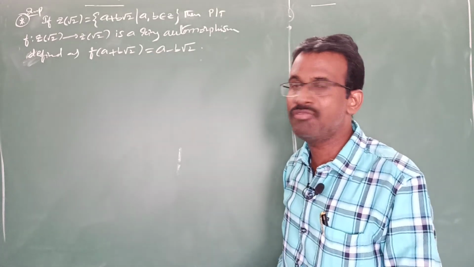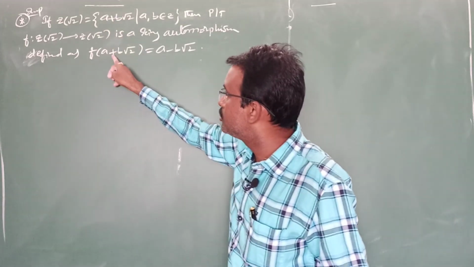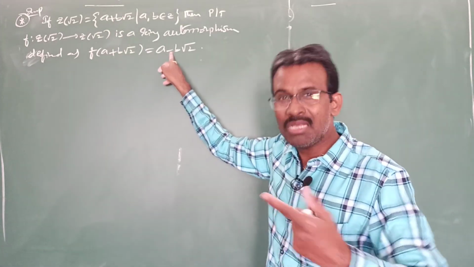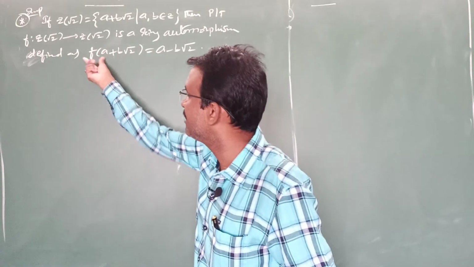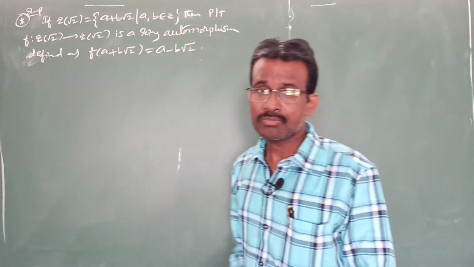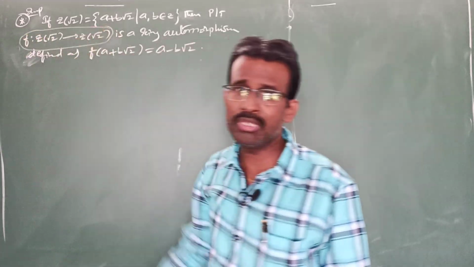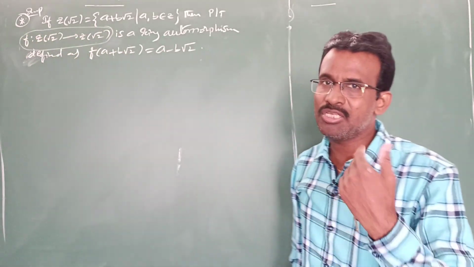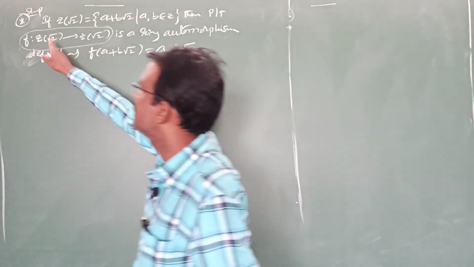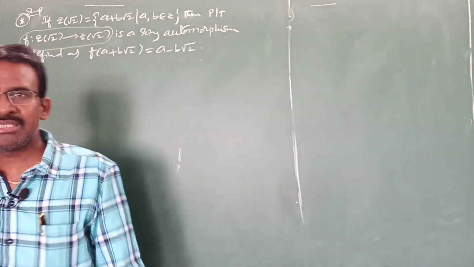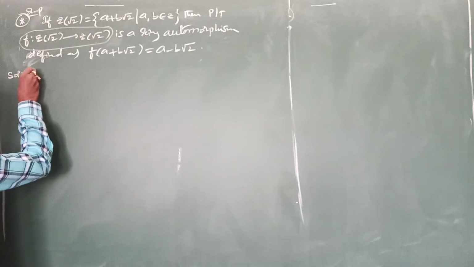What is the given definition? F of a plus b root 2 should equal to what ma? A minus b root 2. Remember that definition ma, right? You have to show this f is automorphism, but here mapping is from Z root 2 to Z root 2 ma. So if we can show f is isomorphism, that is enough. You say it is directly automorphism because here mapping is from set to itself ma. First I am writing all given conditions ma.